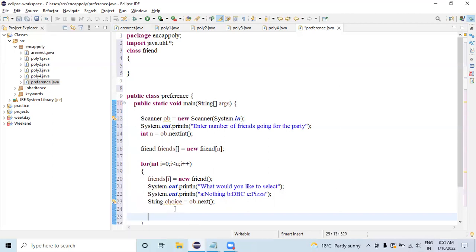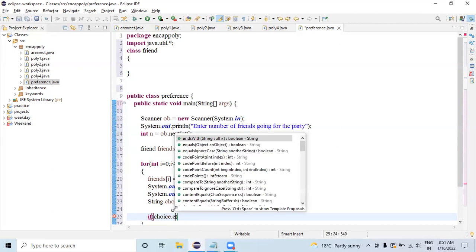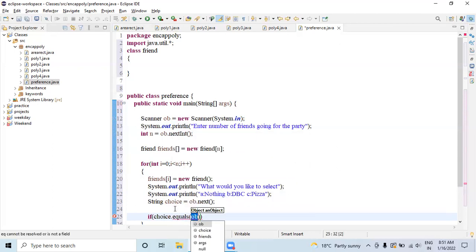Then I will check if choice.equals("A"). That means the user can select either A, B, or C. If the user has selected A, then that is nothing. If choice.equals A,